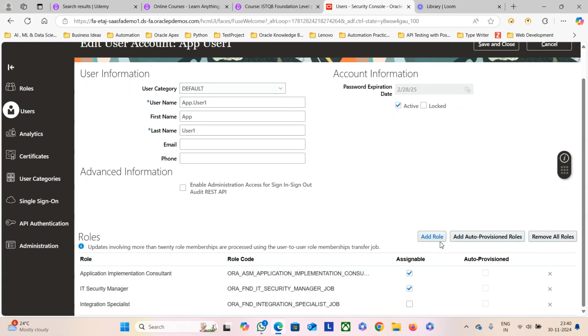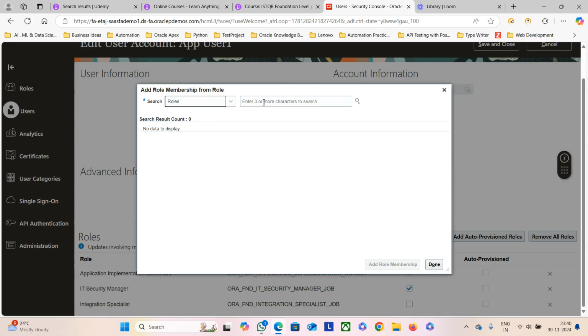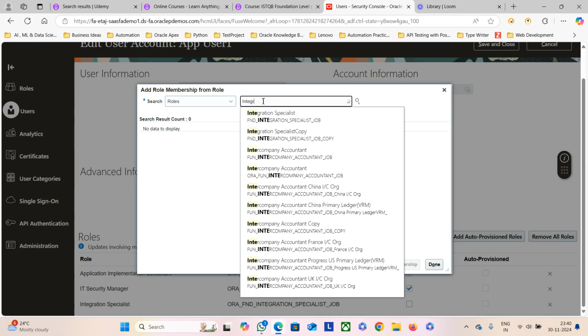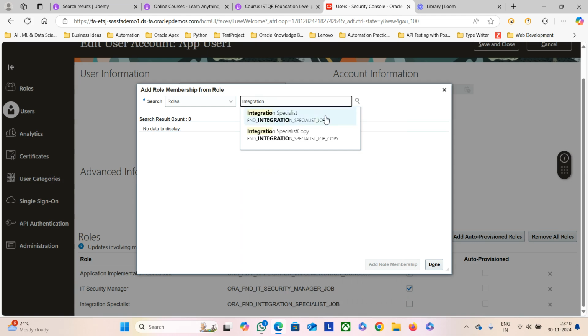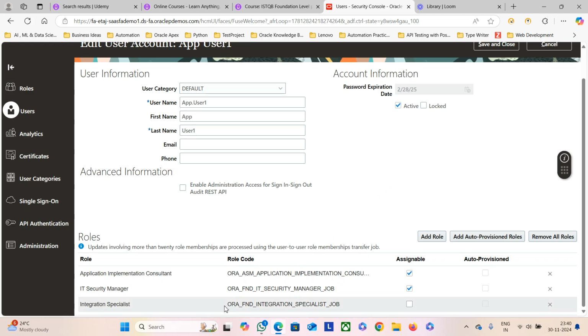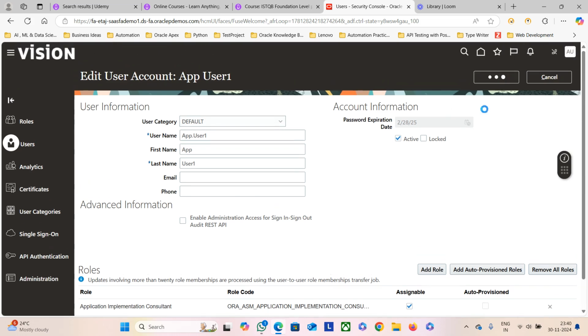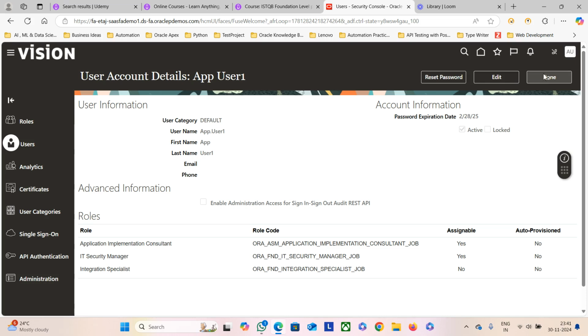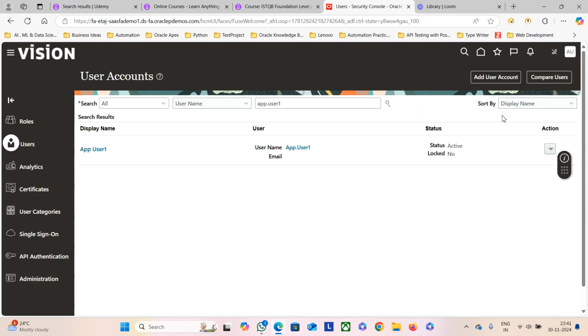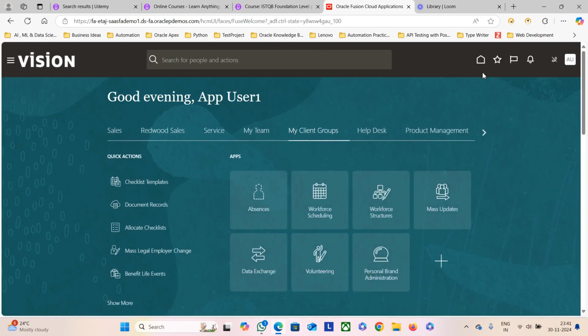And let's see. Only one, that one is correct. Whatever role we have given is the correct one, for FND integration specialist job. Save and close. Click on done. So whenever you add a particular role, always remember, let's go back to home page and then